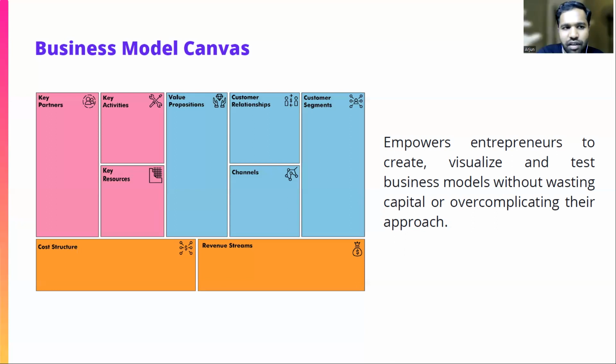So basically key partners, key activities, key resources, value proposition, customer relation, customer segments, channels, cost structure, and revenue stream. Before having this, you are thinking randomly about where to manufacture it, how to market it, and things like that. But once you have a template like this, it will help you structure all of your thoughts into the different buckets.